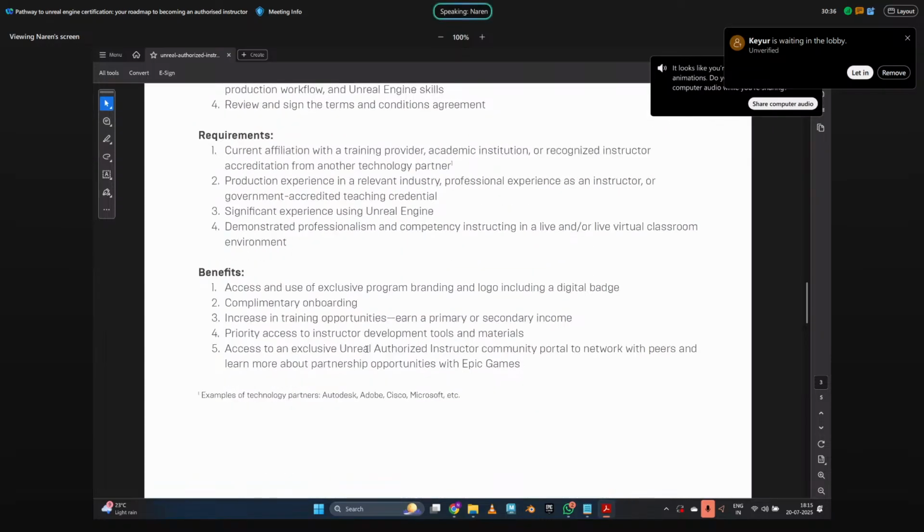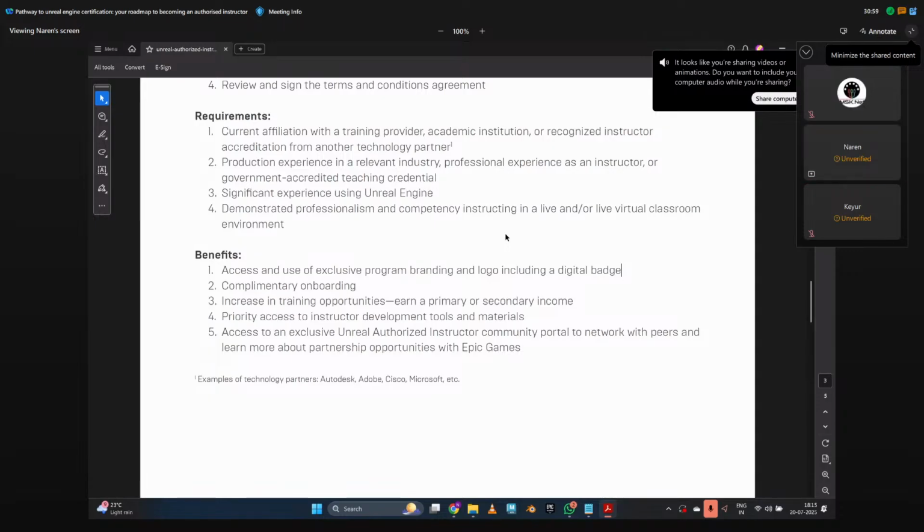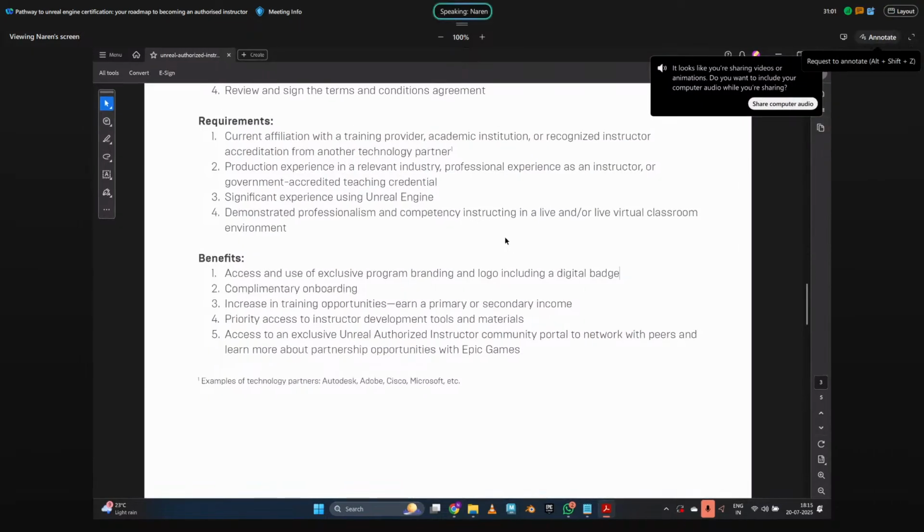They have also listed the benefits that we have seen before: access and use of exclusive program branding, and they will give you a logo with a digital badge that you can use for about a year. Every 6 months, you should renew the badge by uploading certain videos, which have certain specifications that we will come to later. You also get the opportunity to meet industry professionals since you're looped into a professional network.